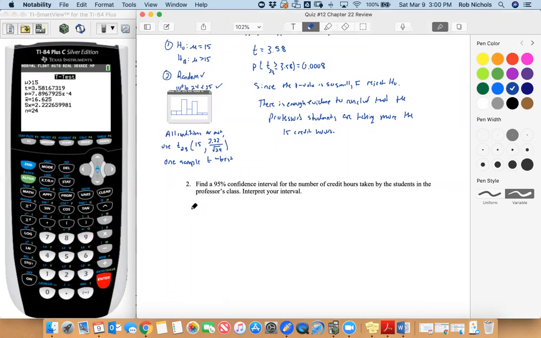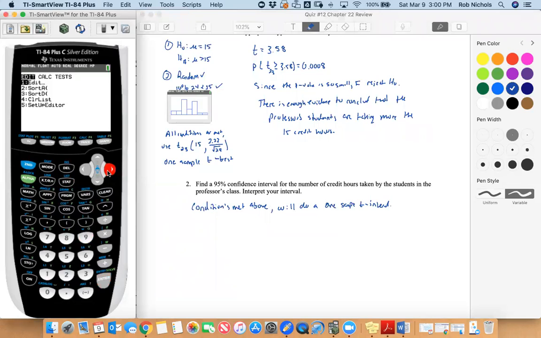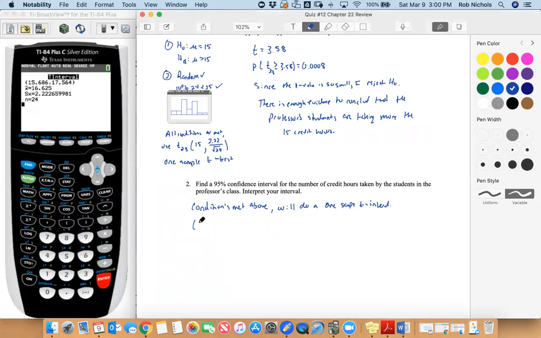Conditions are met above. We'll do a one sample t interval. The cool news is everything's already saved. You go to stat, go to tests, and go down to t interval, which is option number 8. You have your data, it's already at 95%. Hit calculate, and then your interval is going to be